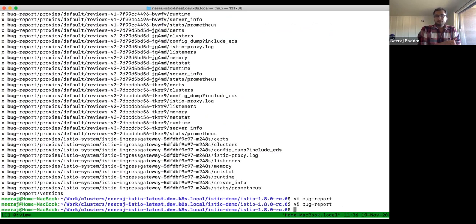So with that, I think my demo is done. I will encourage everyone to explore this tool, and especially if you're filing bugs in Istio, use it so that it reduces your back and forth with the community and you can quickly resolve any issues you have. So with that, I'm going to stop sharing. And if there are any more questions I can answer, I would love to.